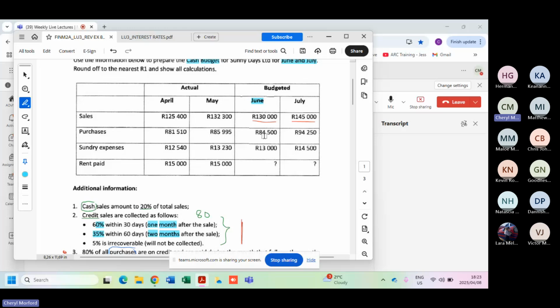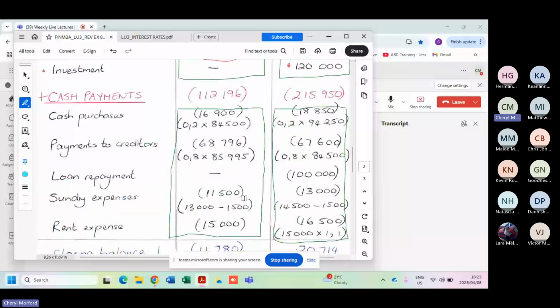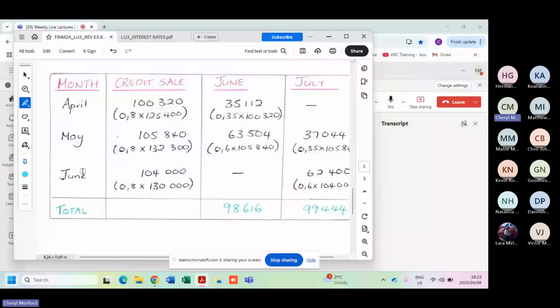So let me show you my little table over here. It's exactly the same as last week, but smaller. Less happening in it. So what do we always do? The month of the sale. Then we take the total sale and convert it to the credit sale. The months for which we must record the receipts go there. But what's happening down here on the left-hand side, that is going to be the month in which the sale took place. So remember now we're lagging 1 month and 2 months.